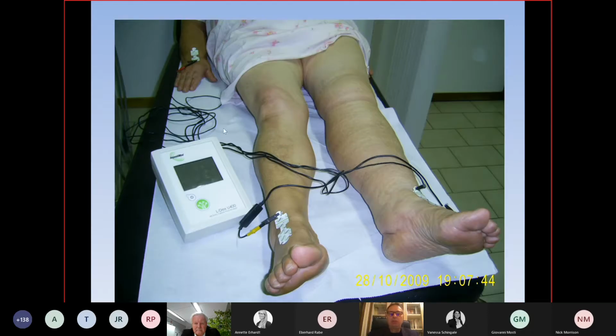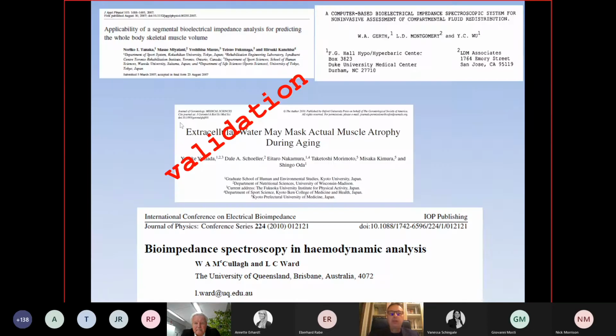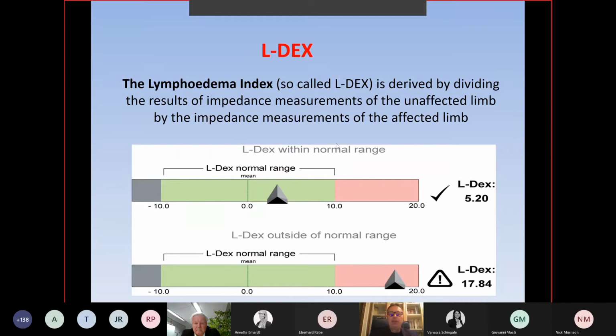This is one of the possible devices you can use, the U400 LDEX from the Australian company that we use. It has been validated through a series of very good level articles. And the very beginning of this technology